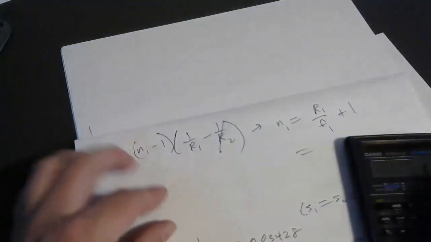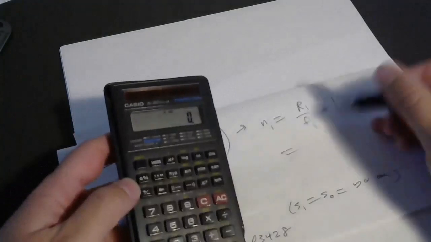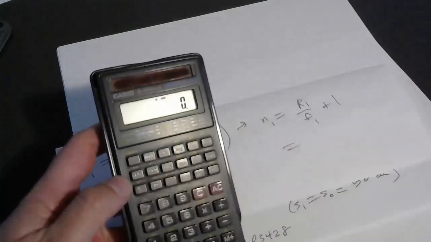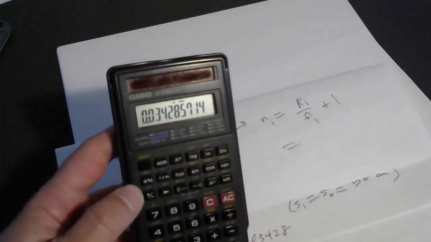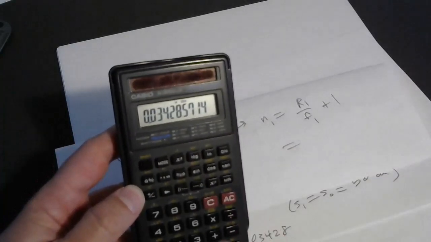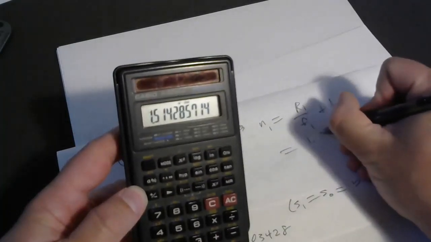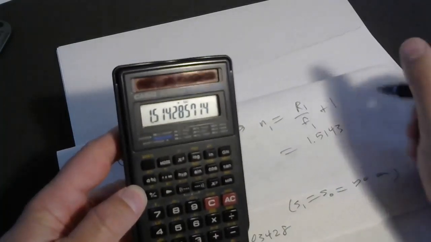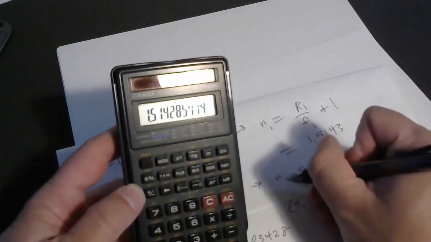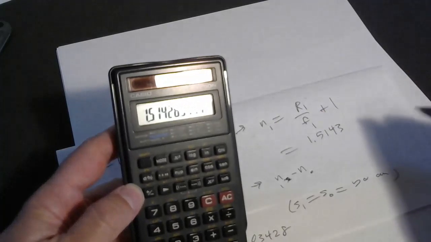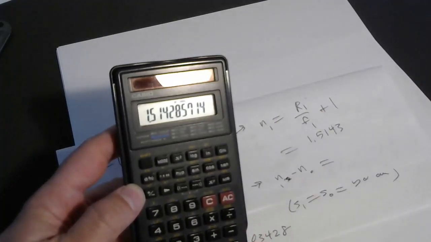Well, R1 is 15 centimeters, and I'm just going to multiply that by the reciprocal, which I already found, and store it into memory. So 15 times memory recall, that's 1 over the focal length, plus 1. The new index of refraction needs to be 1.5143. Okay, so the change, oops, not n2, n1. The change in the index of refraction would just be, you take that number and subtract the original,